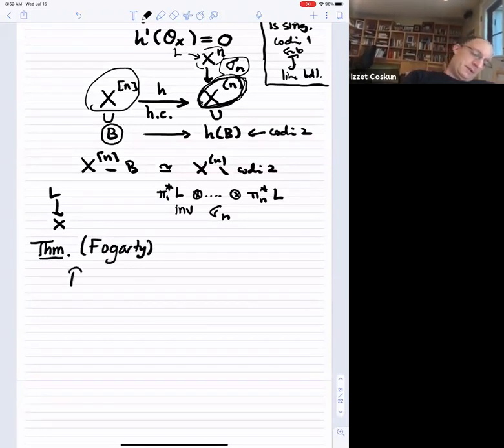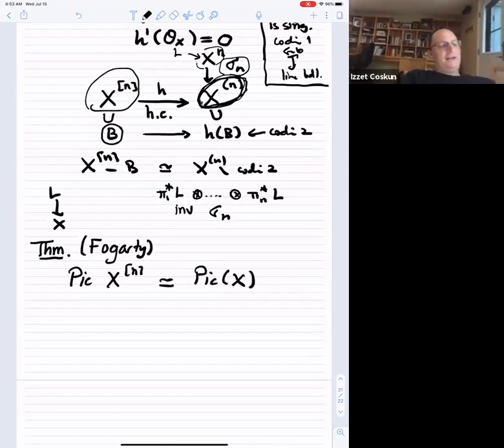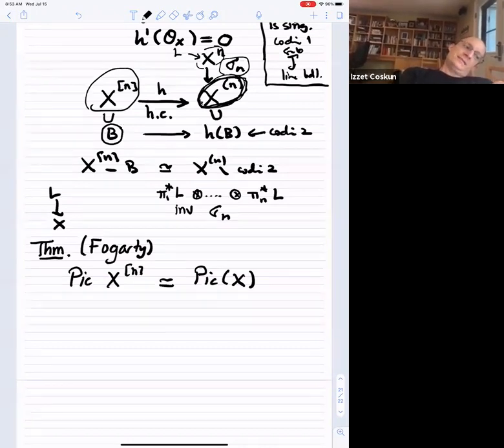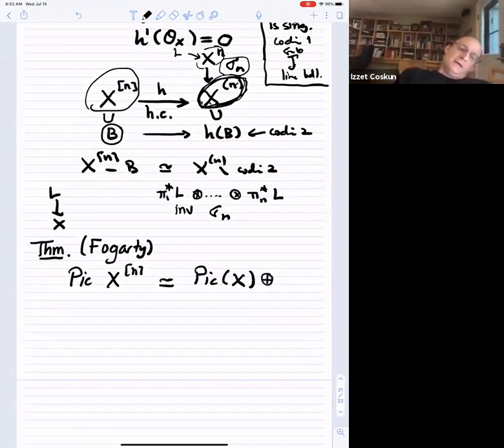So it says that the Picard group of this X^n is isomorphic to the Picard group of X, which I get this way. You can think of getting the Picard group of X like this. If I have a line bundle on X, I pull it back to X^n by all the possible projections and tensor them together. It's invariant under the symmetric group, so it descends to the symmetric product, and then I pull it back by the Hilbert-Chow morphism, plus this B, and there is a little bit of